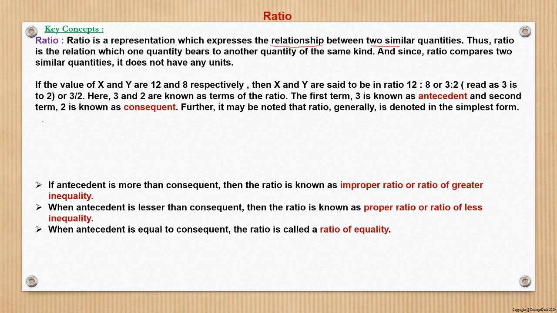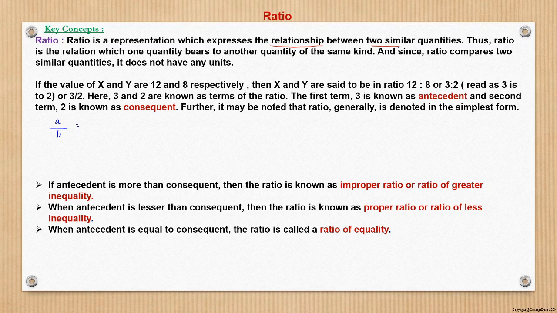So what does this mean? Let us see through an example. Suppose A by B is given, and A represents the income of say Ram and B represents the income of Shyam. So we are basically finding out the relation between the income of Ram and Shyam. Income of Ram is represented by A and income of Shyam is given by B. So A and B give us a relationship. What is that relationship? How many times is the income of Ram more than or less than the income of Shyam? That relationship can be given by A by B.